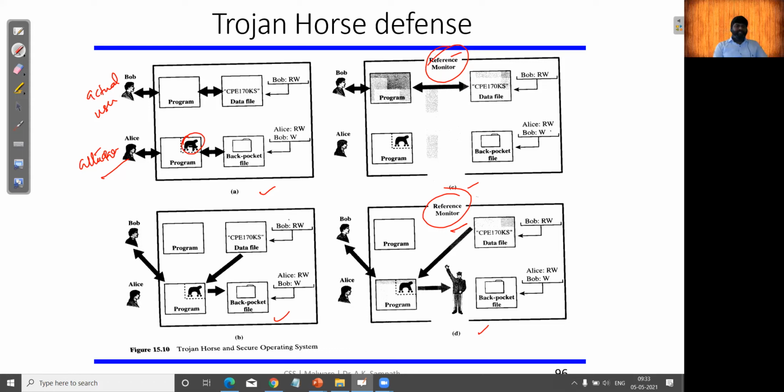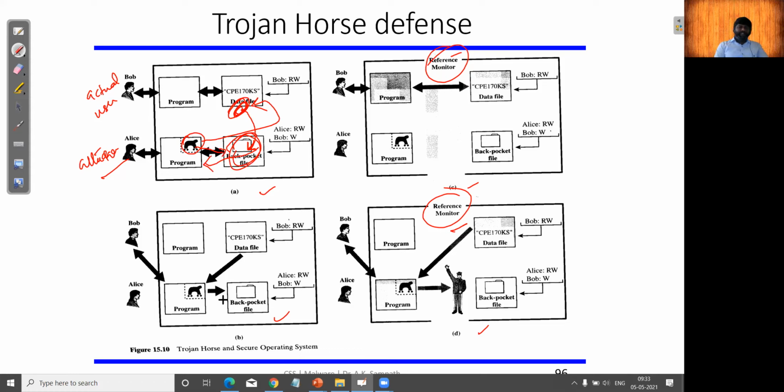He is launching a Trojan virus, so that can be called a back packet file, where all the information, the data write files which are going to be modified, is going to be forwarded and shared with the attacker, right?